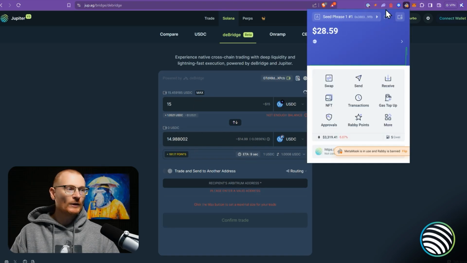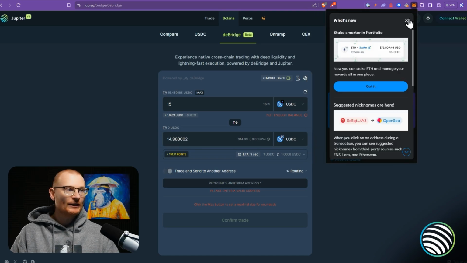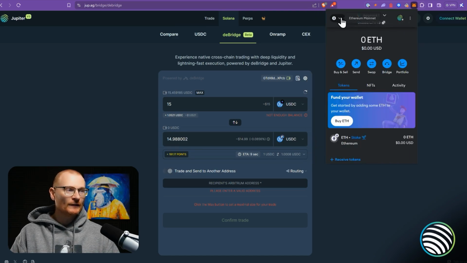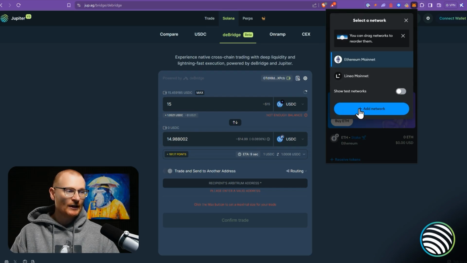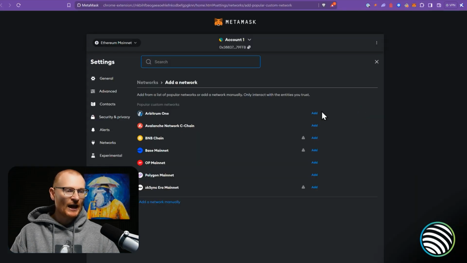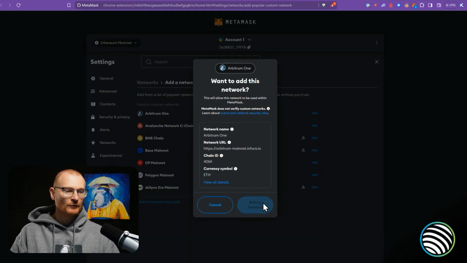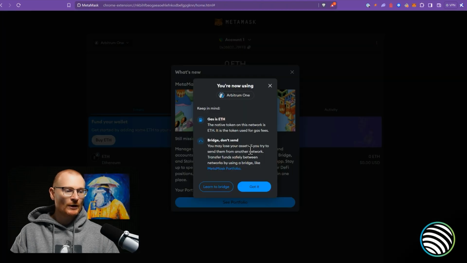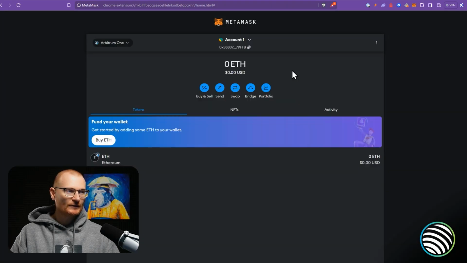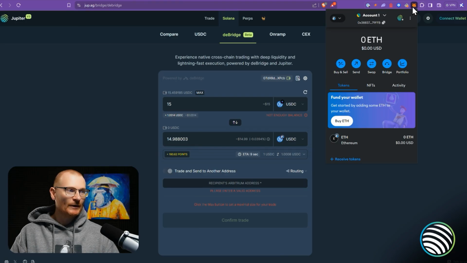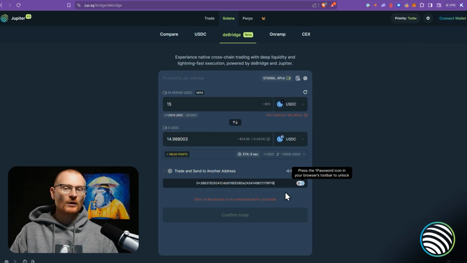And then once again, we can go and copy our address. Now with MetaMask though, we have to do it a little bit differently. So up in the top left, tap on this, and then tap Add Network. And then add Arbitrum 1, then approve and switch to Arbitrum 1. Then got it, close this, back to Jupe, into our MetaMask, and we can see the Arbitrum logo right here. Now the wallet address is still going to be exactly the same. So we'll copy that and paste that here. The wallet address for all of the EVMs is always going to be the same.